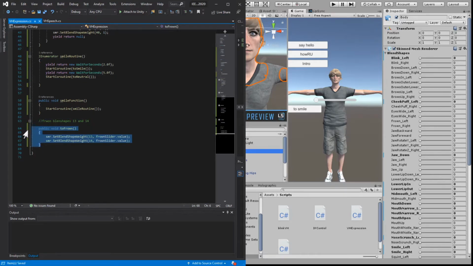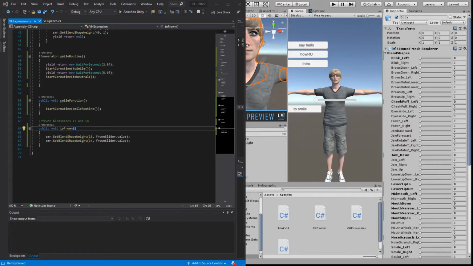Right now, since we're controlling it with a slider and controlling the values, it's not inside a coroutine. But technically, if you wanted it to transition between values gradually on its own, without you controlling the slider level, then this also needs to be inside a coroutine. So over here, first of all, we have the slider. Let's move back in the